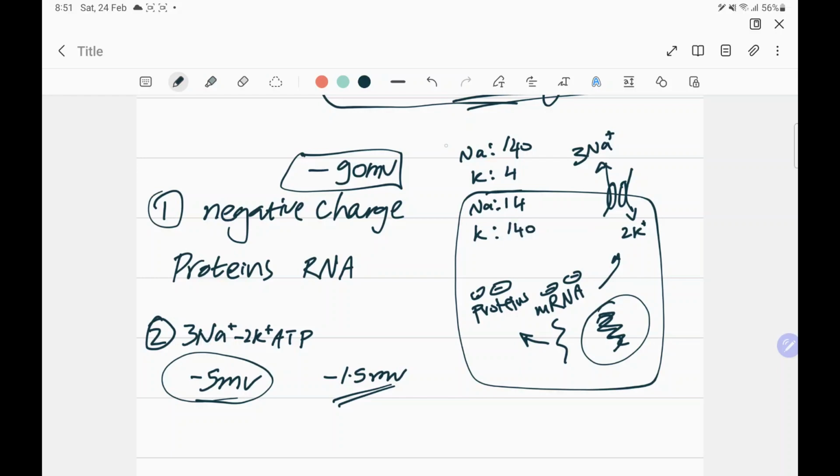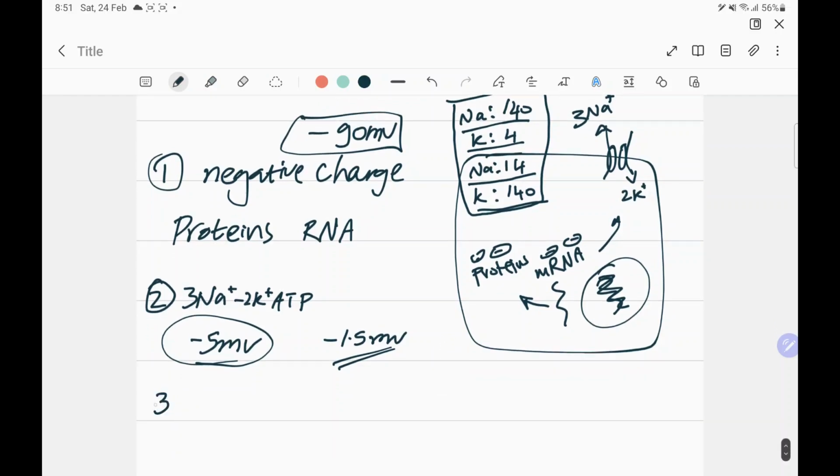Now, you must remember these values till you die. Sodium value, potassium value outside in the ECF and inside in the ICF. Never forget these values. The gradient created by the sodium-potassium ATPase pump gives rise to the next step, which plays a big role in resting membrane potential, which is